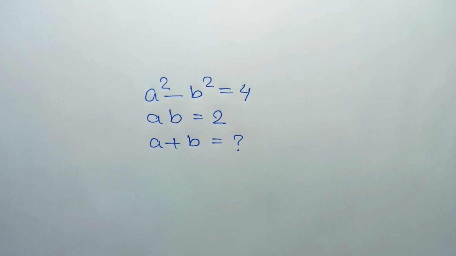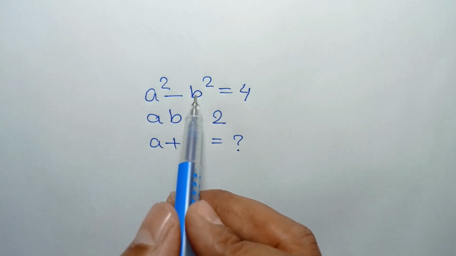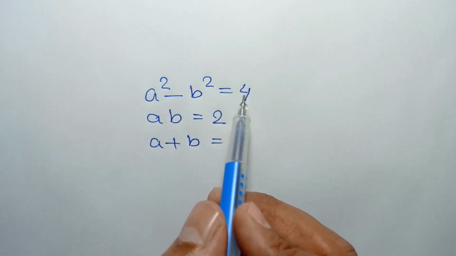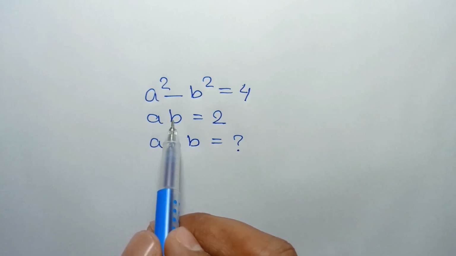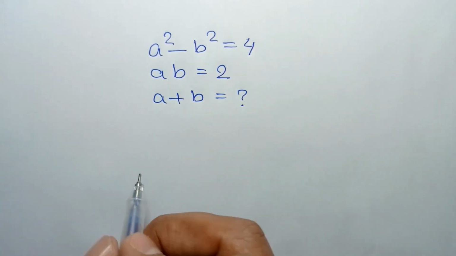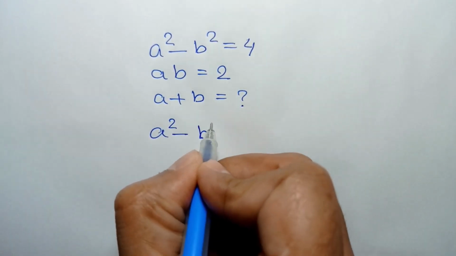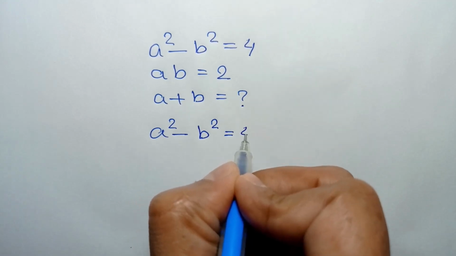Hi everyone, in this video I am going to show how to find the value of a plus b where a square minus b square is equal to 4 and ab is equal to 2. We have given a square minus b square is equal to 4,